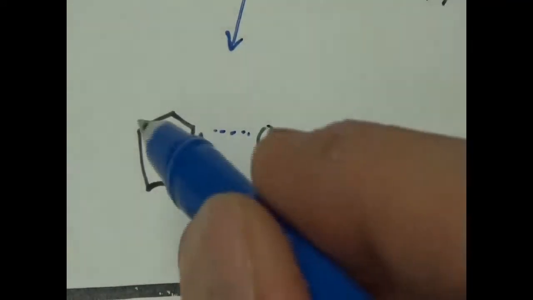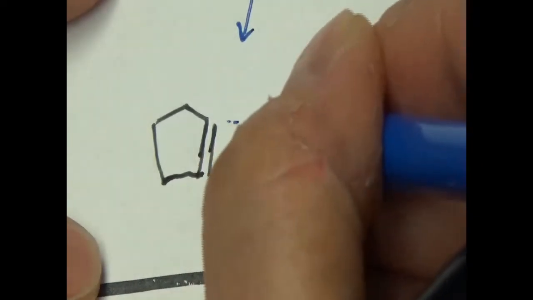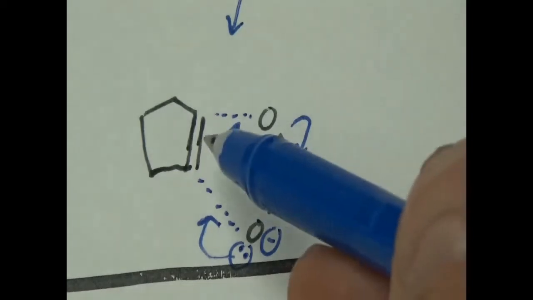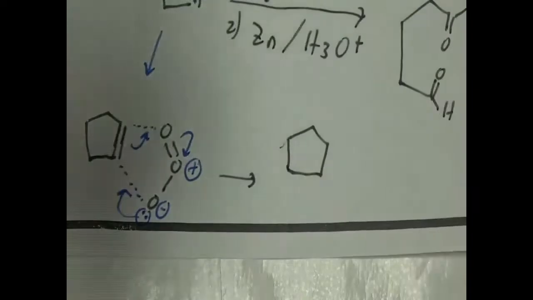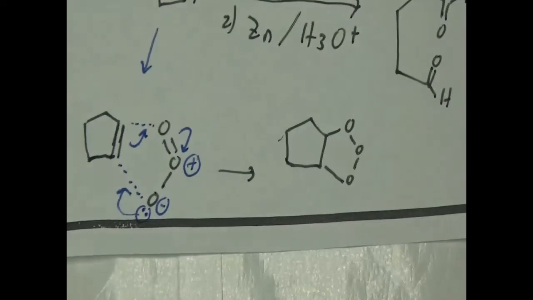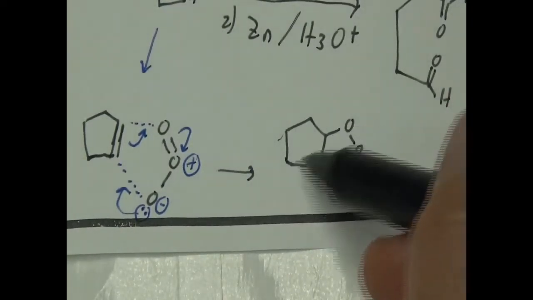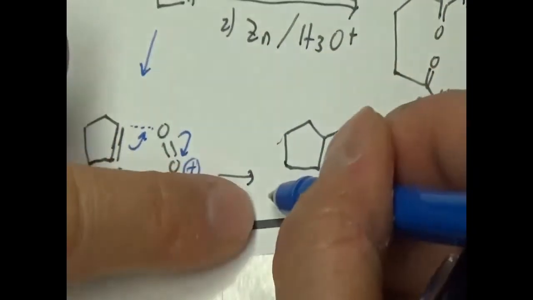So basically this just snaps on to the alkene, and I'm just going to draw a lone pair, kind of go like that. Alkene goes this way, and then just 3 arrows. And that just snaps this, A plus B makes C. So it just snaps those 2 things together, and you get this intermediate that looks like oxygen, oxygen, oxygen. It says a name, where the ozone gets attached. We call this a primary ozonide.